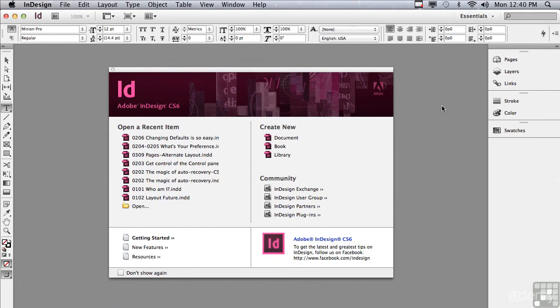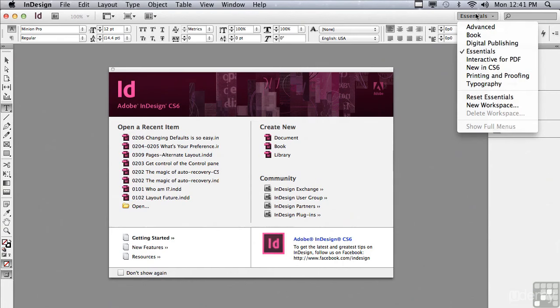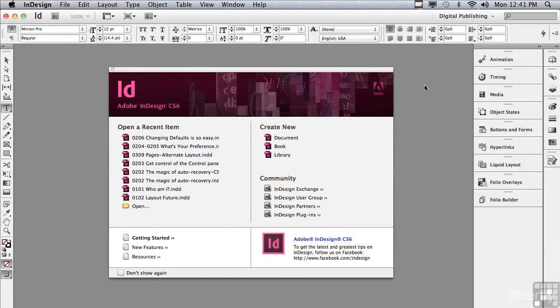Why do you need to save your own custom workspaces? Well, you probably work on different kinds of projects, and if you want to work efficiently on each kind of project, you're probably going to have a workspace for that kind of work. If I'm switching from one kind of a project that I'm doing in the morning to some other kind of project that I'm doing in the afternoon, I can have all the panels that I need instantly just by choosing